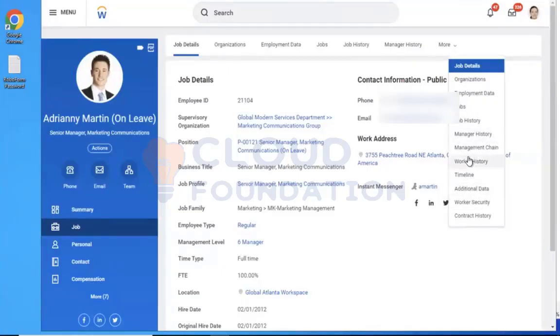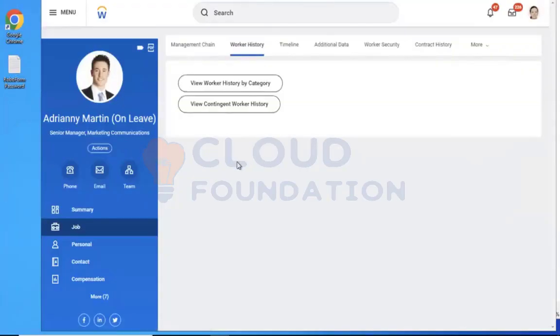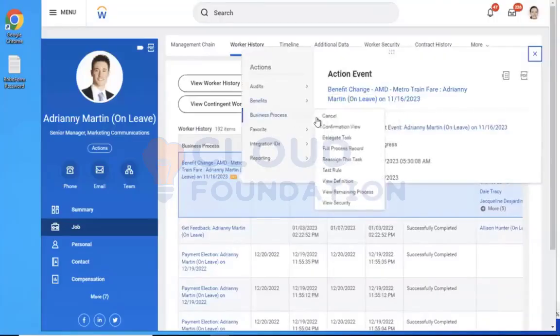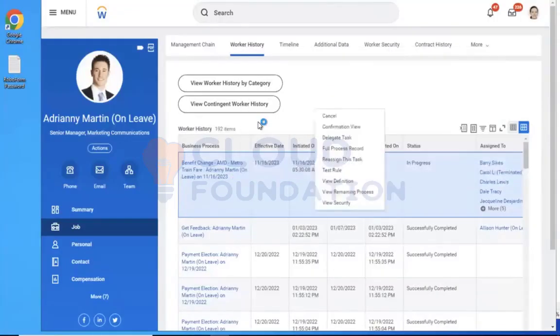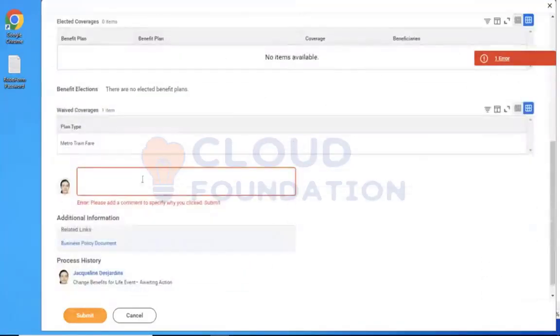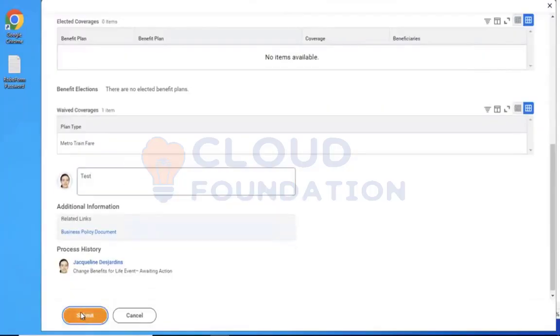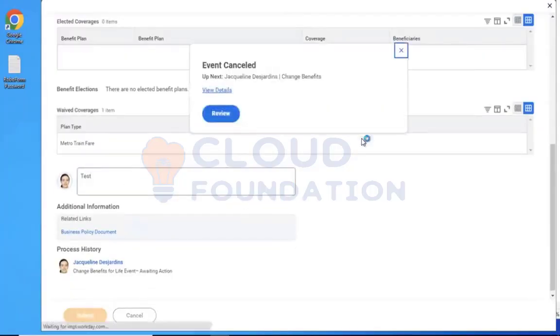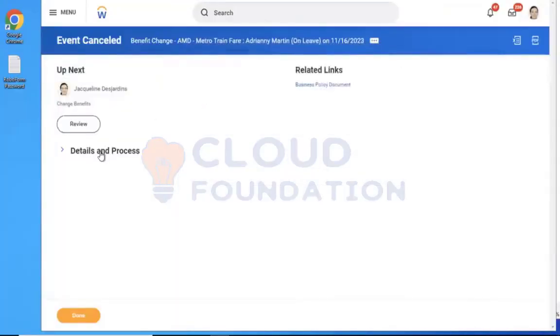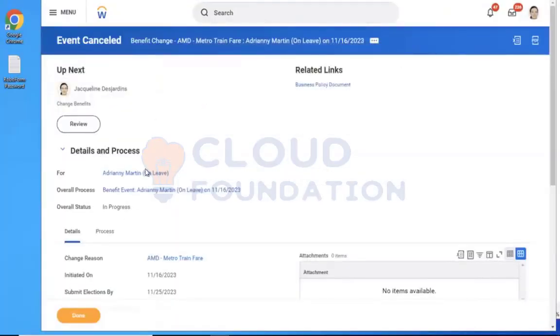Worker history. We'll cancel this. So normally, while assigning the benefit plan, when canceling, it is also going for approval.